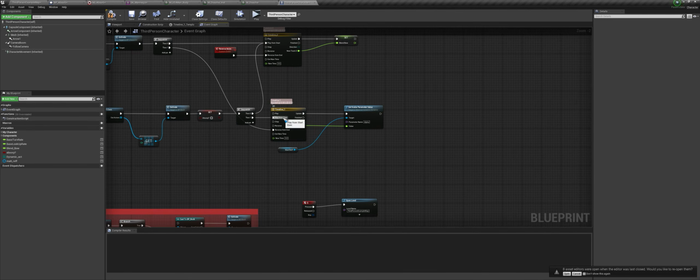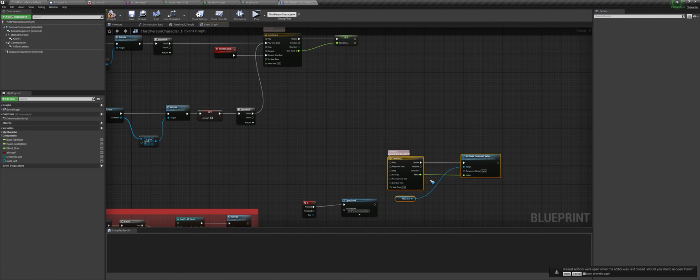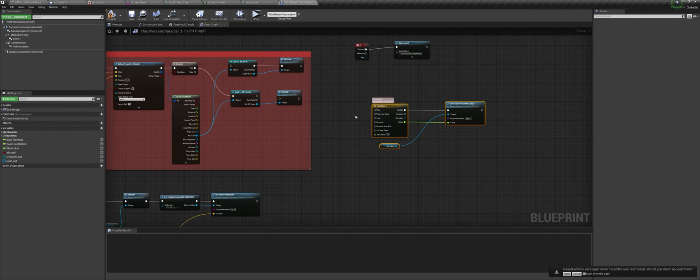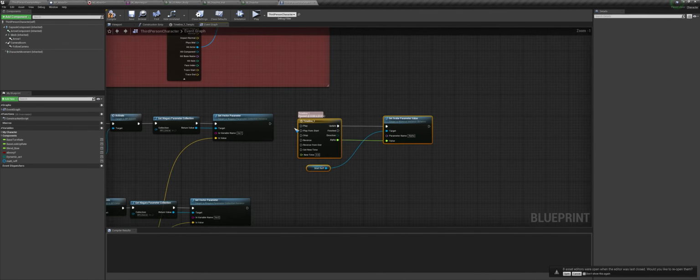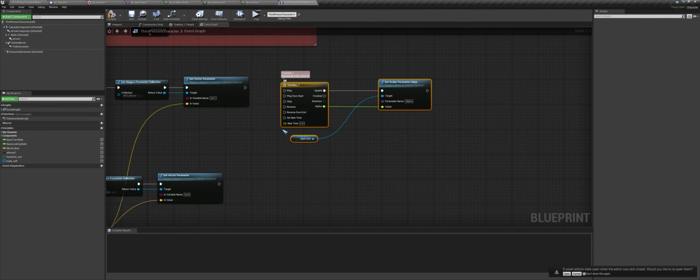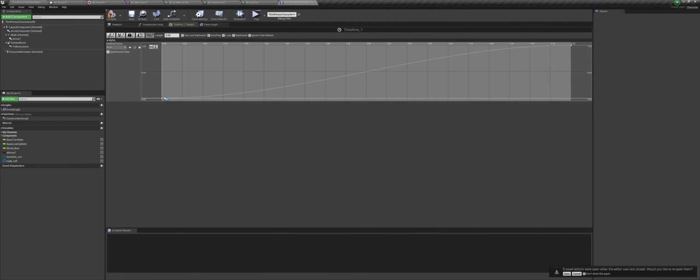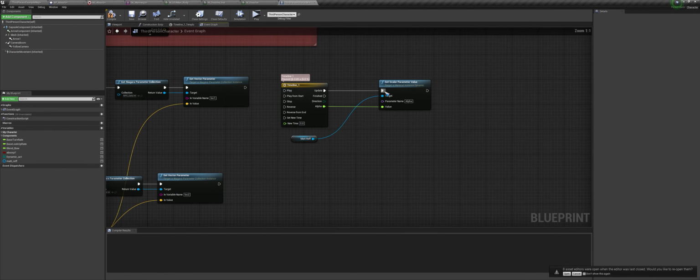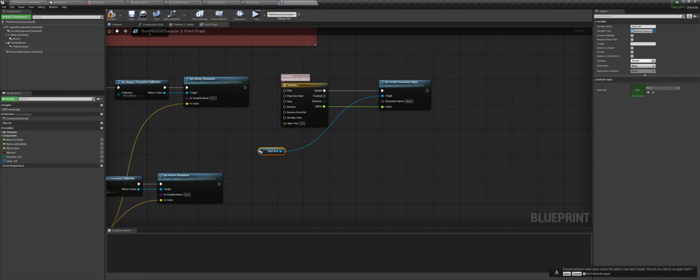And here we have this timeline that goes from 0 to 1 in 5 seconds, and we are setting the alpha value of the material ref.